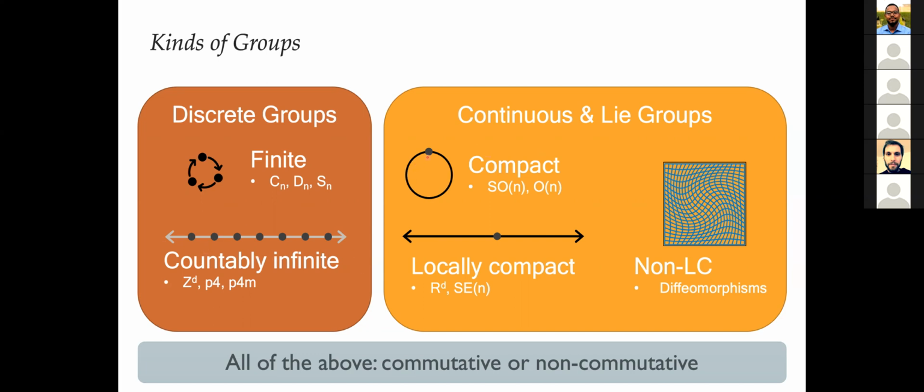Continuous groups can be divided into compact groups, things like two-dimensional rotations, and so-called locally compact groups, such as continuous translations or roto-translations, R to the D or SE, the special Euclidean rotation-translations. There are even non-locally compact groups, which I'm not going to try to define, but there's, for instance, this infinite-dimensional group of diffeomorphisms, which are sort of the hardest to get a mathematical handle